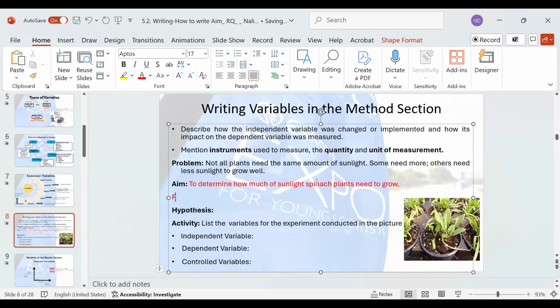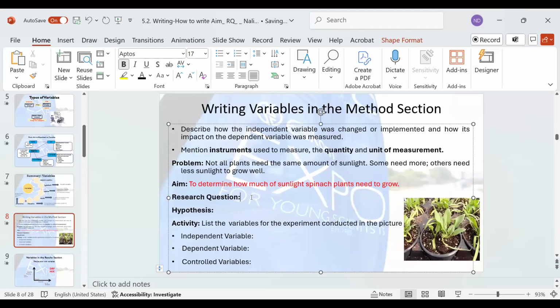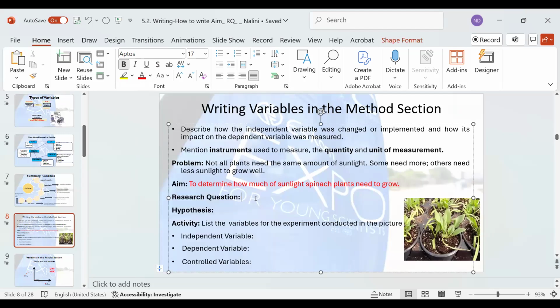I forgot a heading here, research question. What could be the research question? Remember, the research question is a question linked to the aim. So the research question could be,